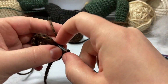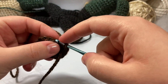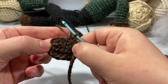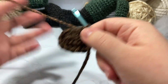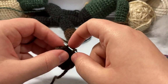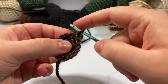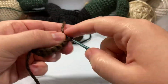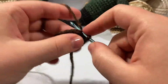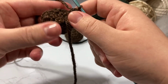Probably a lot more. All right, so we're going to go through the back loop only, dropping the front, and go 1 for these 16 stitches. You went from having 12 this last round to up to 16 because you increased 4 times, so you added 4 stitches. So now we have 16 stitches on our work, and we're going to go through the back loops of all of them real quick. I'm probably going to fast forward real quick as soon as I get to a good spot. We are now on the last stitch right there,